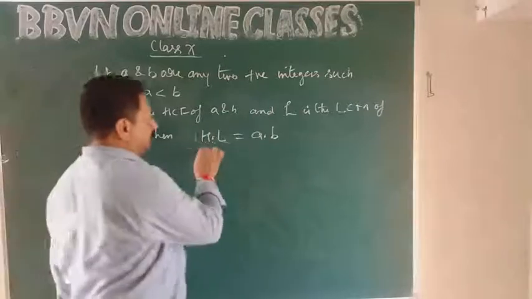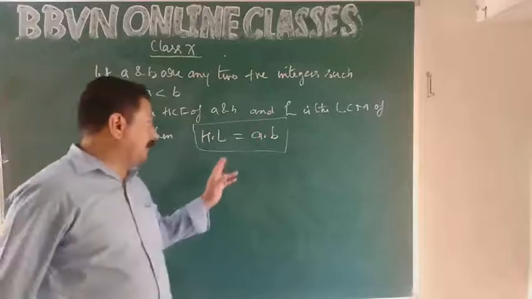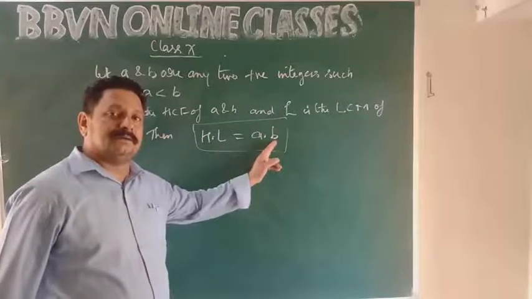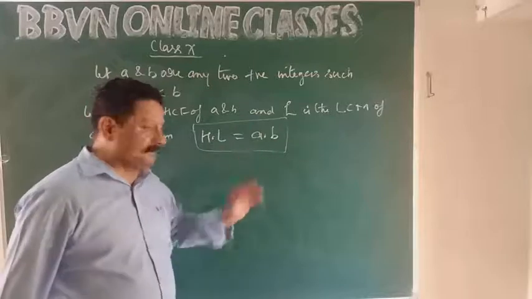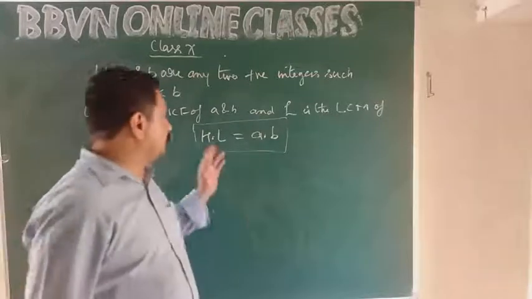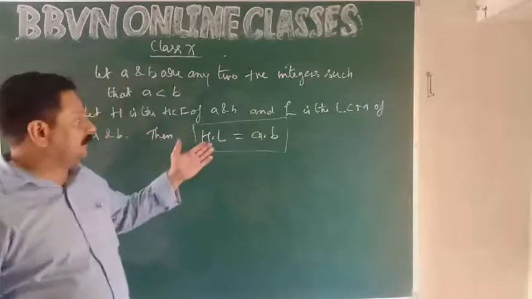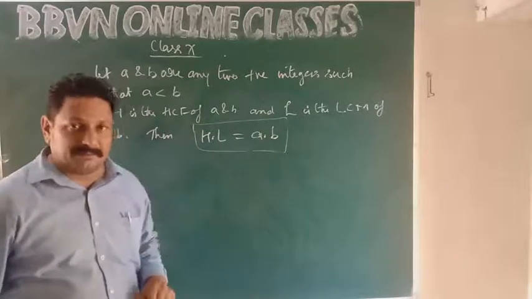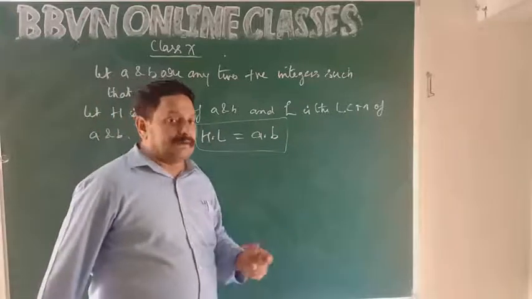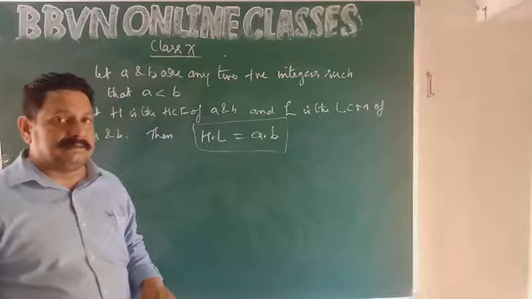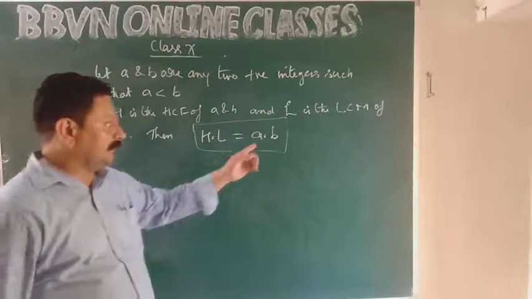ये एक condition, this is an equality, ये एक equation. How many quantities do we have here? 4 quantities. Right? You may be provided with any 3 of them and 4th can be asked. Suppose HCF, LCM, A are given, so simple, H into L divided by A will give you B. हो सकता है सिर्फ A और B दे दे और ये बोले कि find HCF, find LCM and verify if HCF into LCM is equal to A into B.